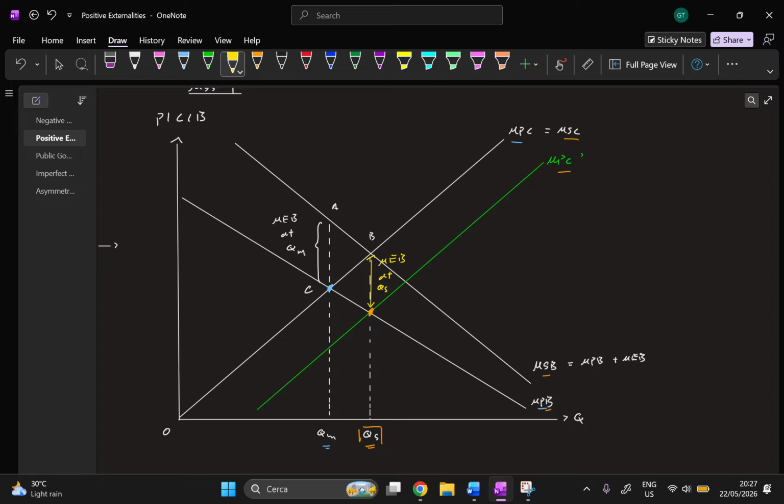I show that because my new free market quantity, QS, is now a free market quantity, anything that is P, private, because you remember your producers and consumers are selfish, they will only consider their private utility, their private cost, private benefits. So anything that is MPC, MPB, all this is free market quantities. Okay, so QS is the new free market quantity, which is also the socially optimal quantity,